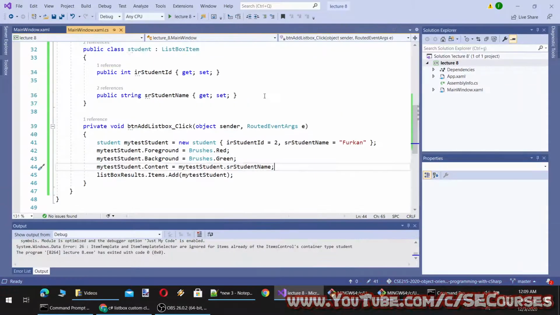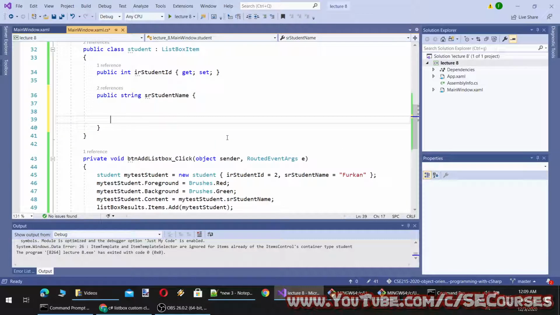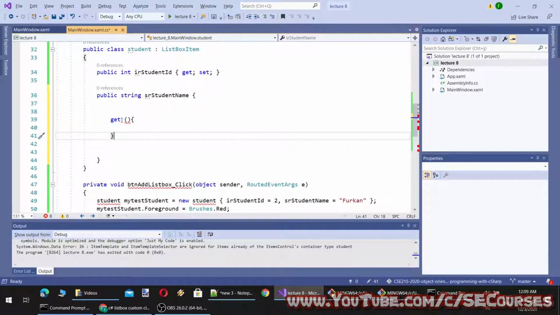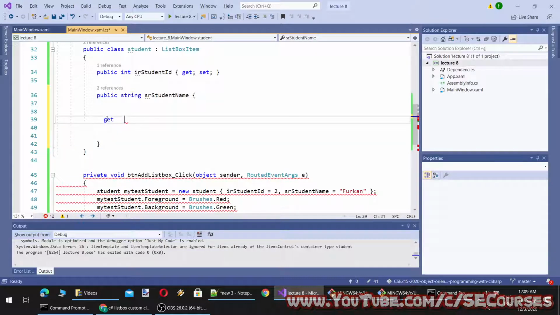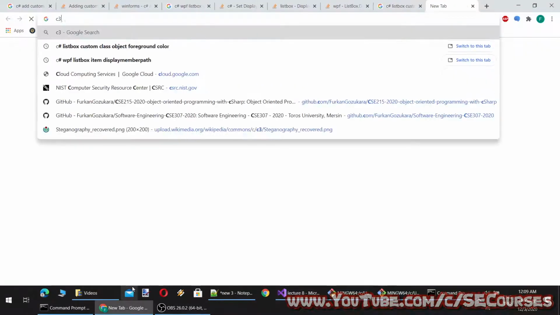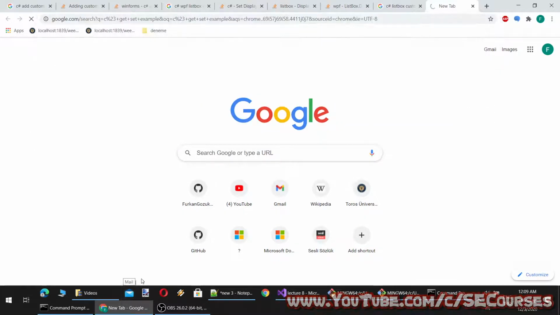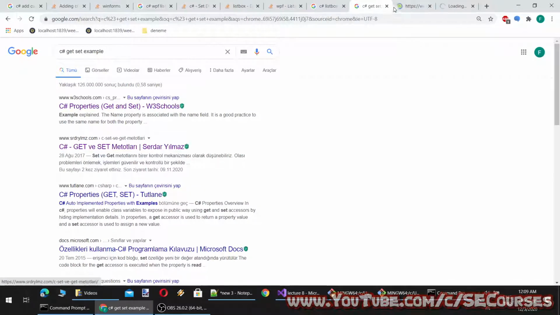What else we are going to do is we are going to modify this student name. So this will be a very good example actually, which I didn't plan previously. So you see, I don't remember the syntax of get and set.